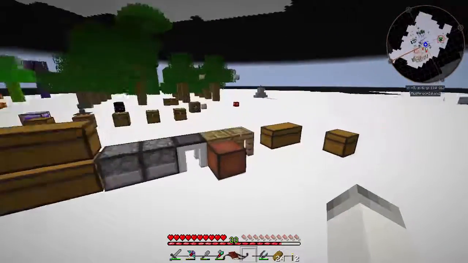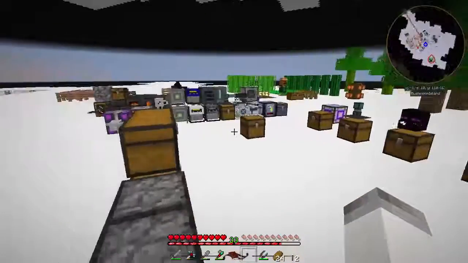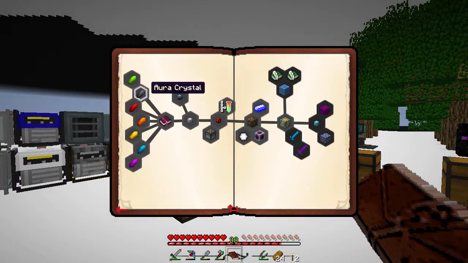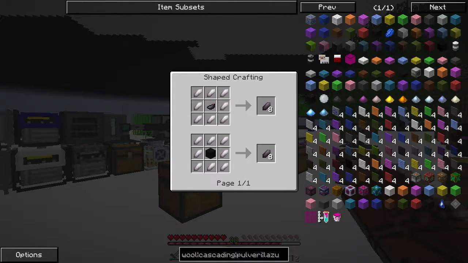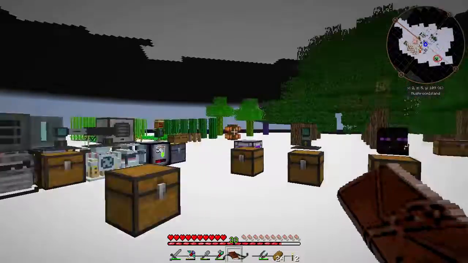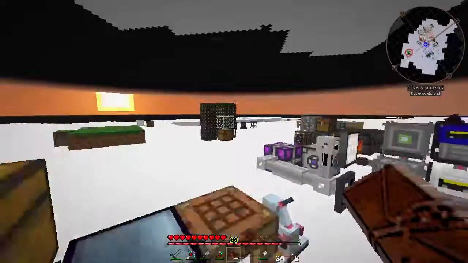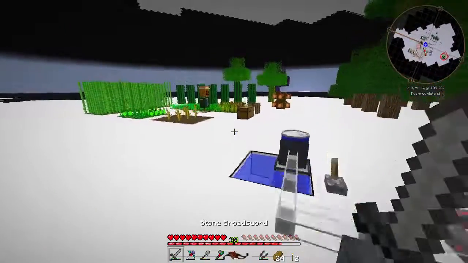So I will tell you guys what. We're going to end the episode off here. And next time, we're either going to continue with Aura Cascade. Now that we have... So Aura Crystals, we can get these very easily with wool. So we can just basically go... I can do a harvest or 2 of all the sheep. What I'm going to do is...